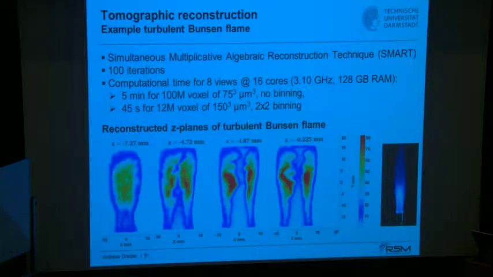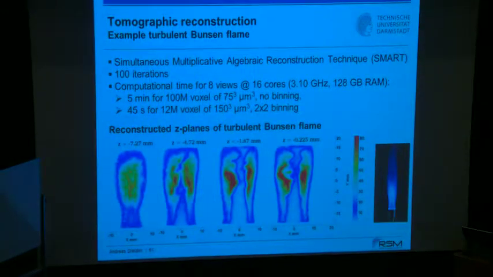And then using a very simple flame, only for demonstration purposes, and using an algorithm that has been developed by LaVision, not by us, based on the simultaneous multiplicative algebraic reconstruction, called SMART, in that case using 100 iterations in this